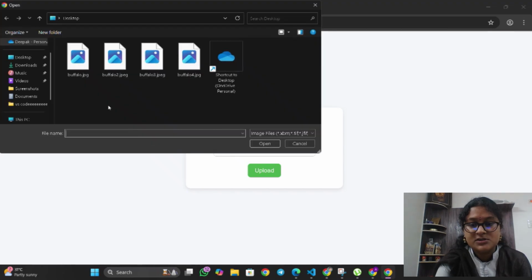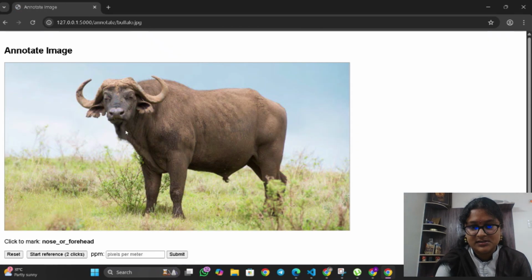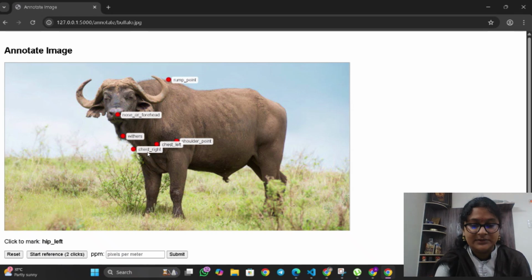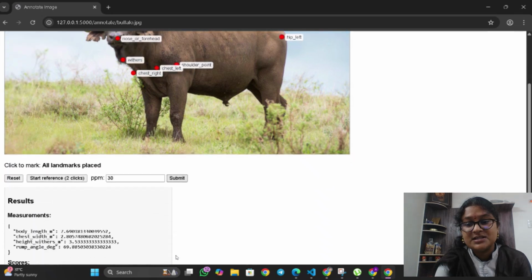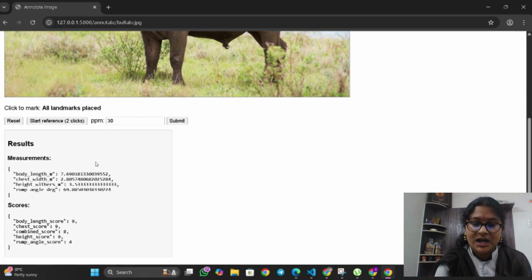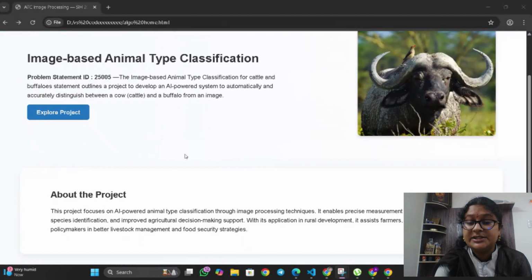Here in the prototype we just choose the file. In this we will have an image, and we give the user who has the app some hints, like identity tracks, so that we can guess what animal it is. We give some points to track the animal, like 7 to 8 points, and then we convert from pixels to meters. Now it gives the result as the scoring and the measurements, with all the data related to that animal.